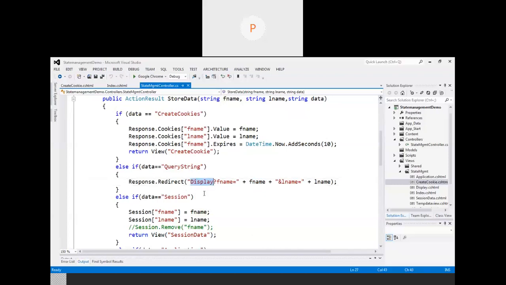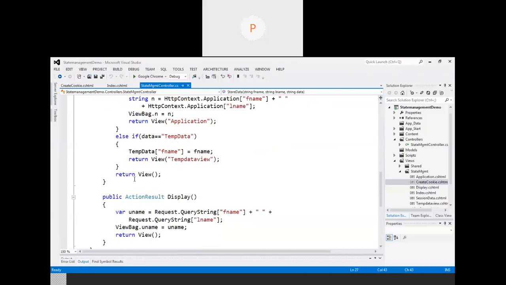So simply after completing the StoreData method, create another method with the name Display. Within this method write the code for retrieving the query string information, like variable uname equal to Request.QueryString fname and Request.QueryString lname. Done.